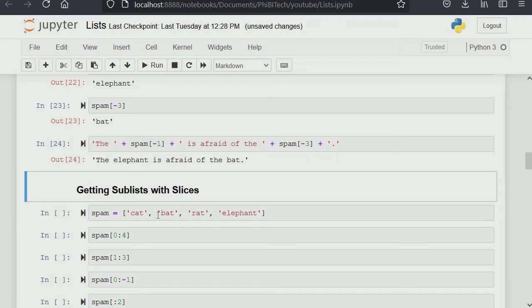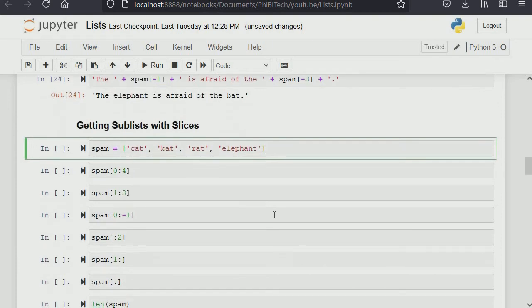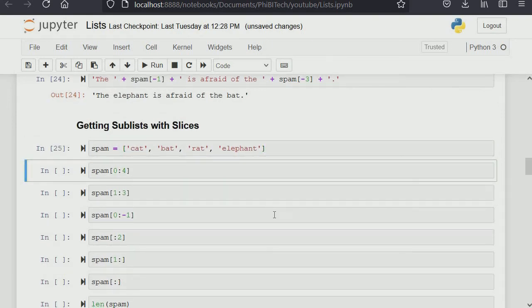If it's an integer you want to add to a string, you have to convert it back to a string first before you add it to a string. Just have that at the back of your mind. Then getting a sublist from a list, for example. Now let's say this is a list. You can get our sublist like